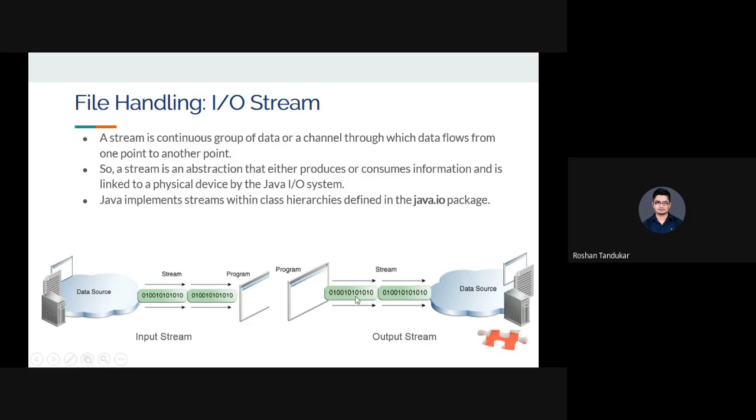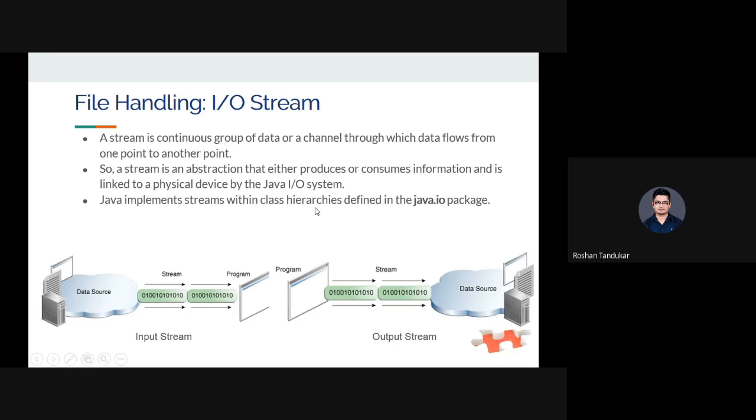Another one is when the program is generating a sequence of data and that will be stored in a certain memory location. Now that is said to be an output stream. And truly it is said to be a write operation. In reading, you are going to take an input stream, and in case of writing, you are going to take an output stream, like this, where the sequence of data, in this case different binary data, is flowing either from the data source to the program, that is the input stream, or from the program to the data source, that is the